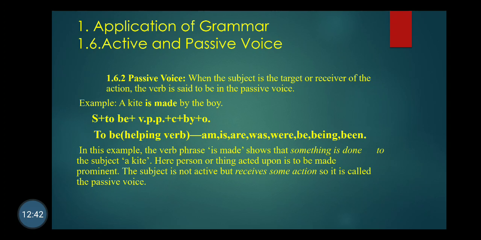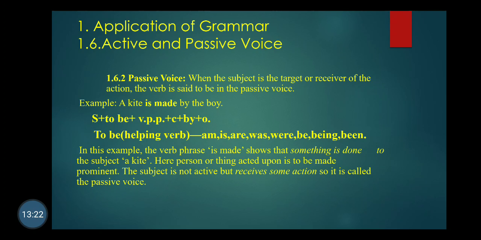Simple, beta: active voice means subject is important, passive voice means action is important. What are we doing? We replace subject to object or object to subject. What are we changing in the form of verb? To be or past participle is added or removed. Okay, what is voice? Basically it is a form of verb which denotes subject is doer or subject is receiver. In other words, voice means transmission of action from subject to object or object to subject.